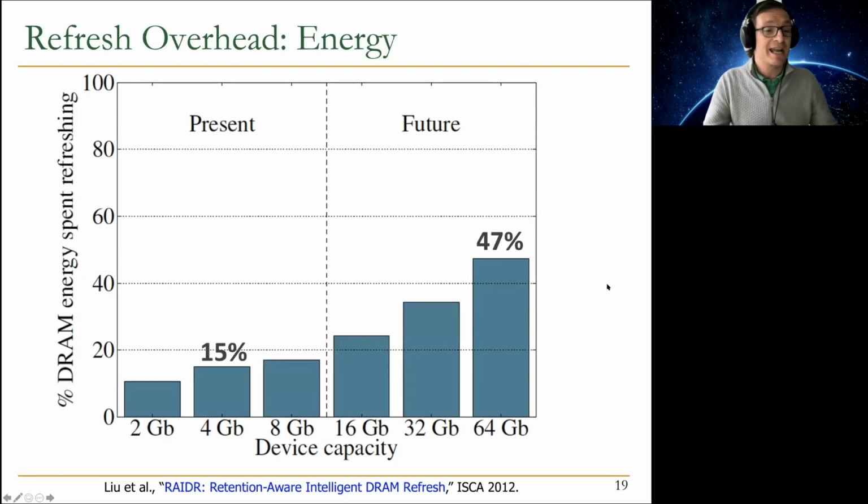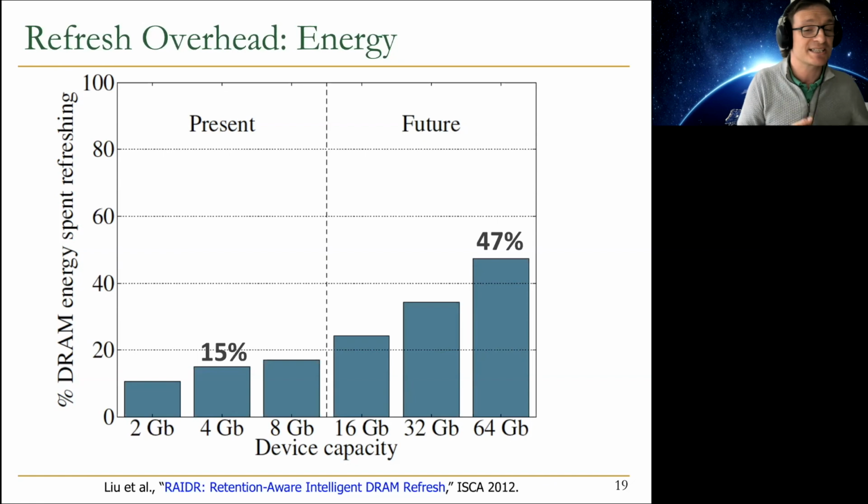This is the energy overhead while you're accessing DRAM. And this depends on, of course, how much energy you're spending on accessing versus not accessing. Because if you're not accessing DRAM, for example, my cell phone right now, I'm not using it. It needs to maintain data inside its DRAM. Basically it puts DRAM into a mode called self-refresh. All the DRAM is doing is maintaining data right now. So most of the DRAM energy is spent on maintenance of the data, meaning refresh. But if you're accessing DRAM, some part of the energy is spent on access, some part of the energy is